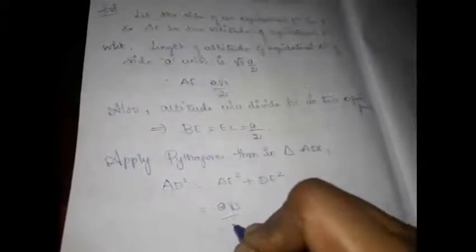Right? After recalling all these properties, let us get back to our problem. We need to prove 9 AD square equals 7 AB square. Here is AD square, right? So let us apply Pythagoras theorem in this triangle ADE. So we know AD square is equal to DE square plus AE square. What is AE? AE is a root 3 by 2, the whole square, plus DE, whose measurement we don't know. But how can we write DE? DE can be written as BE minus BD,